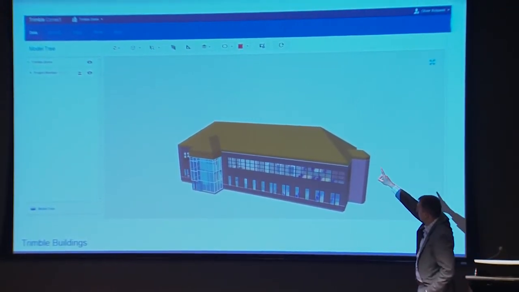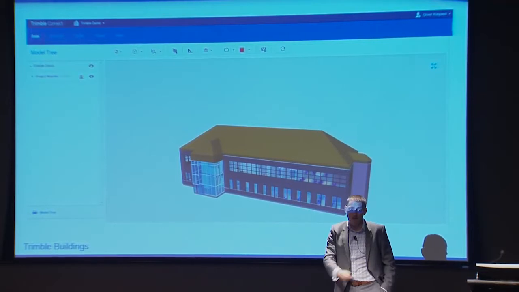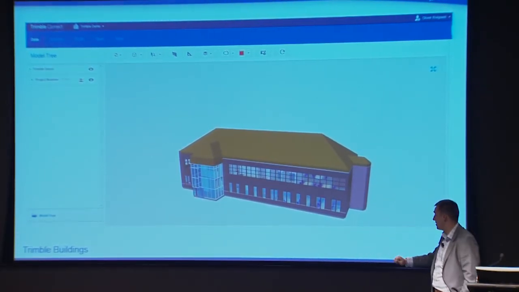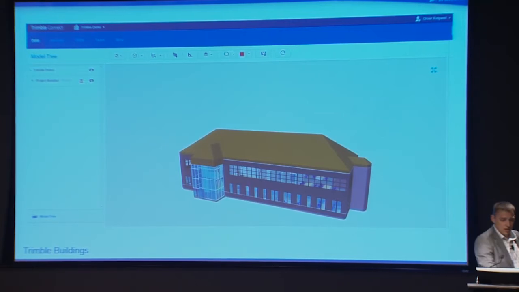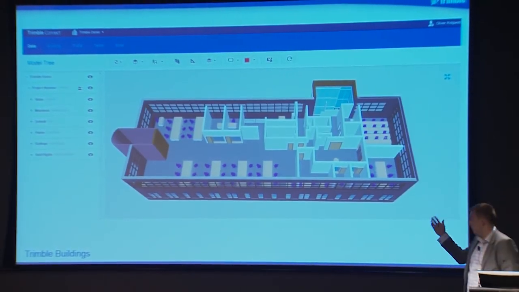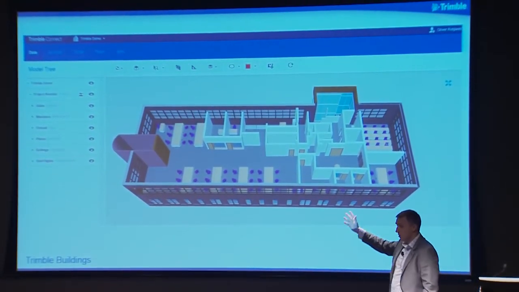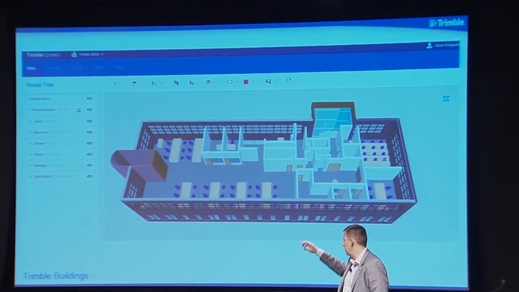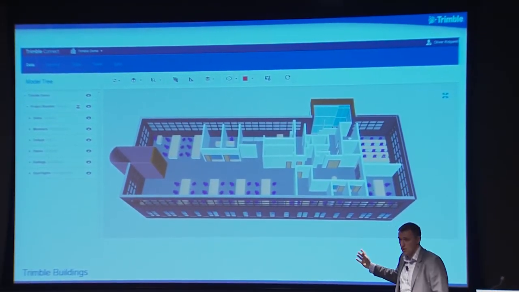We've actually got, just at the top, a number of icons, one of which gives you a drop down, as you've seen before with the eyes, and you can turn on and off the various items and elements within this. So it just allows me to move around the model. Now I've turned off the roof, and I can see all the information. Could be any of the mechanical, electrical, plumbing information, could be furniture, anything that you want to have loaded into